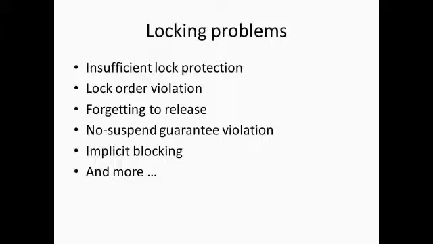So we are all aware of the common locking problems that we see every day. There are insufficient lock protections which result in race conditions. There are lock order violations which result in deadlocks. We forget to release locks, resulting in orphaned locks. There are no-suspend guarantee violations. There are APIs which have an implicit blocking nature like SendMessage, and we inadvertently call them without realizing that they might have the potential to block our application. There are many similar classes of locking problems, and our tools try to find and fix these problems